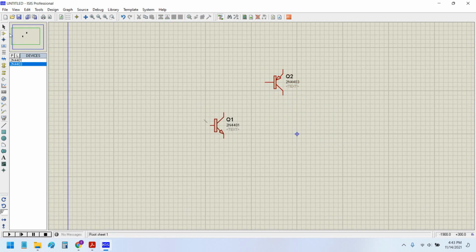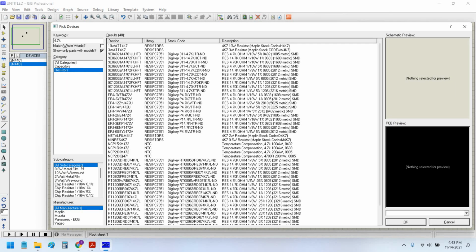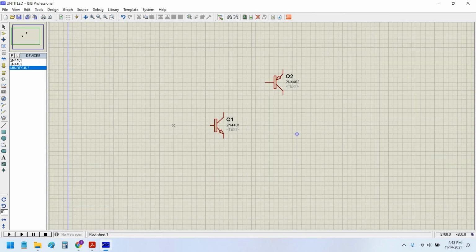Let's place a base resistor, a 4.7 kilo ohm resistor. Usually a 0.6 watt resistor is suitable.